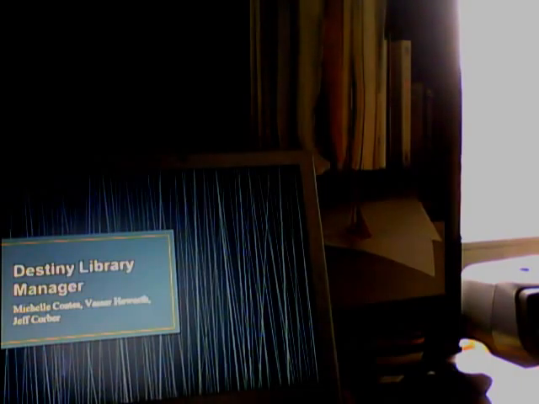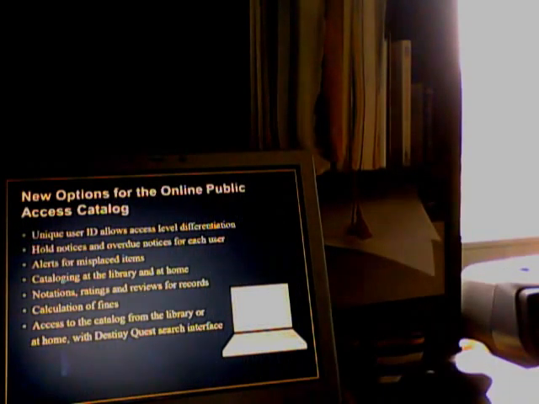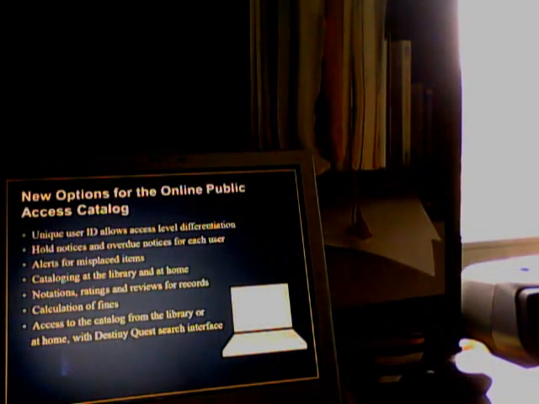I'm going to be presenting on Destiny Library Manager by Follett Software Company. The Destiny Library Manager offers new options for school libraries and new options for the Online Public Access Catalog, the